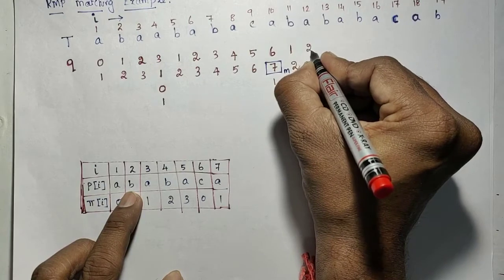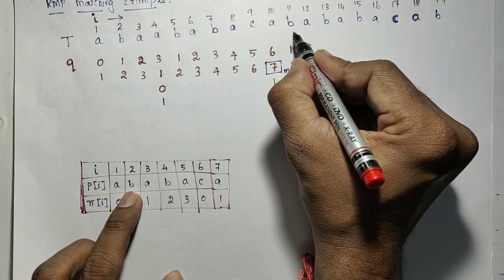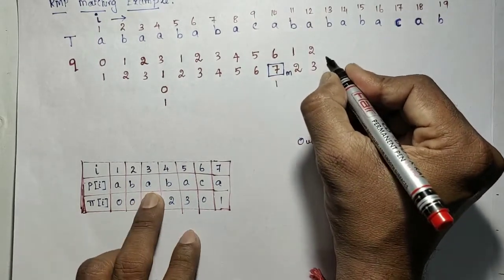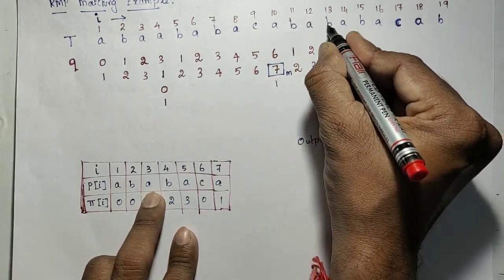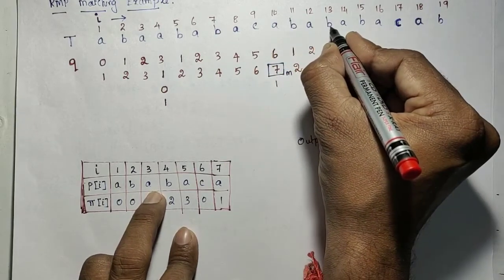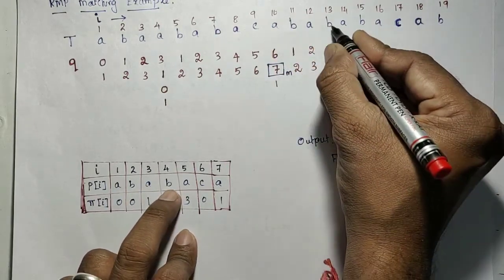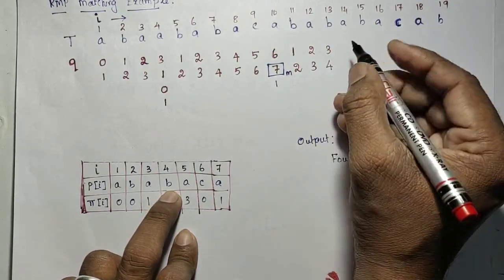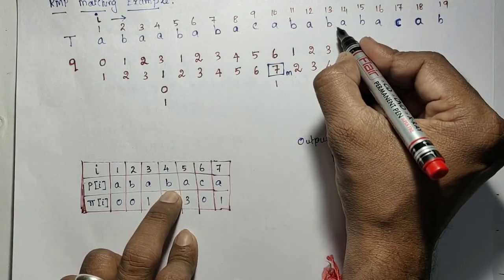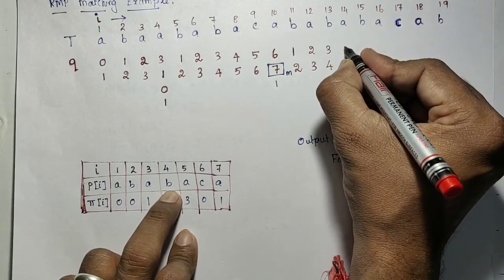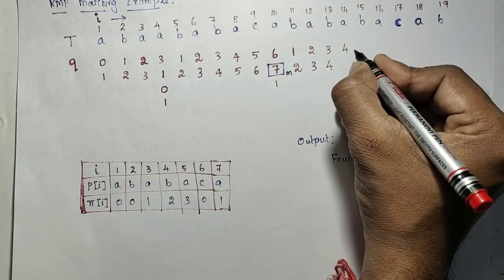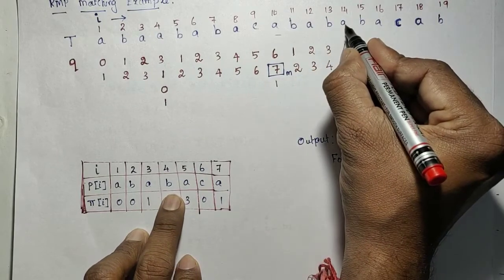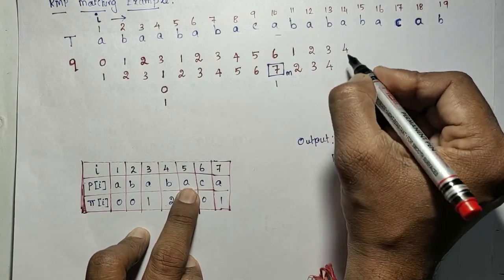Okay, next go to the next iteration. Here q is 2 at the beginning. So far the last two characters are matching. Third character A is matching, so 3. So at the beginning, 3 characters are matching, ABA. So this B will be compared with what? Fourth character, B with B. Both are equal, so it will get incremented to 4. Okay, next at the beginning of the 14th iteration, q value will be 4. So the last 4 characters match. Now fifth character A, here also A. Both are matching.